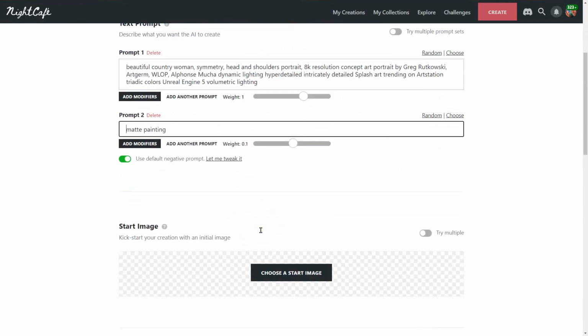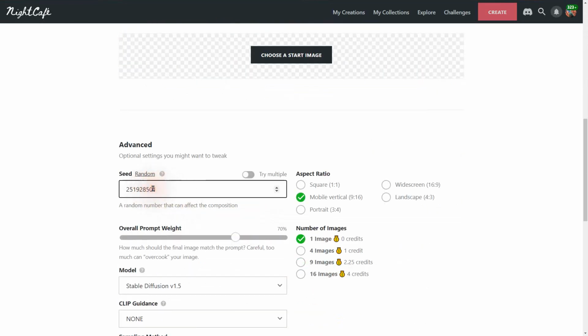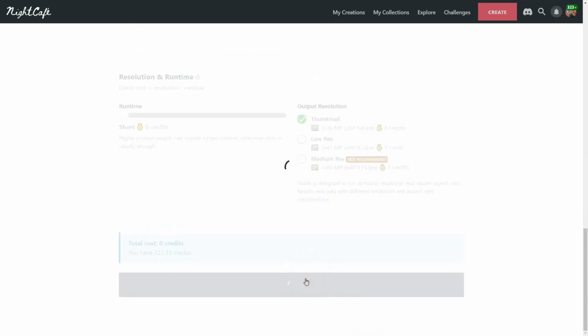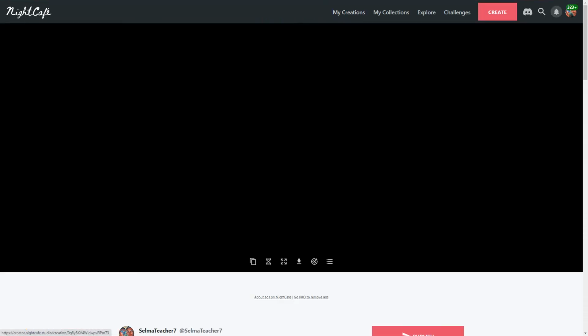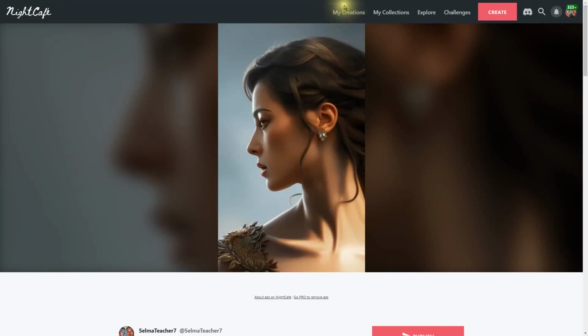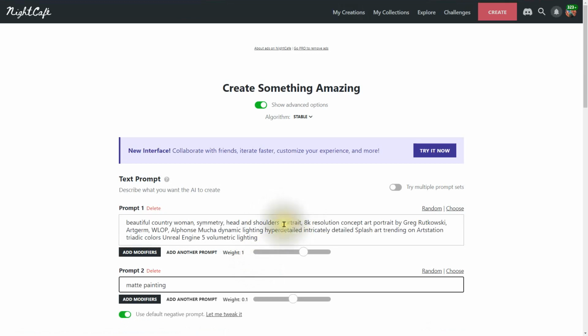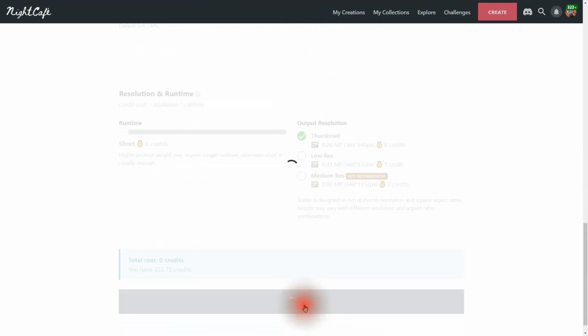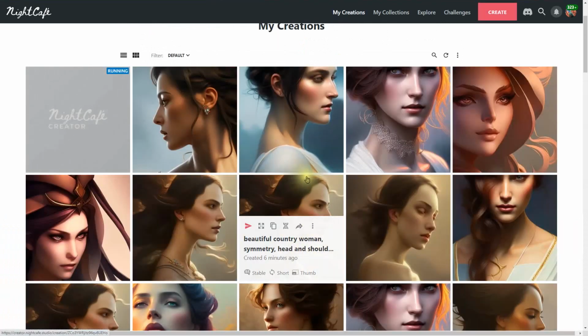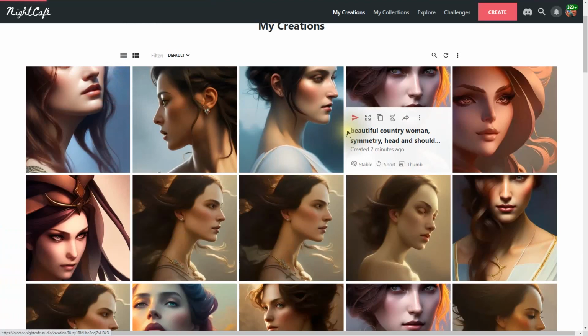Duplicate it. Let's change the seed number up again. This time let's go with putting in some more numbers in there, and let's see. So I'm just typing in different numbers here. So overall, it is the same, right? It is the same woman over and over again, but in different pose. And that's simply by changing the seed number, as you see here, and then clicking on Create. Okay, I see the results there.